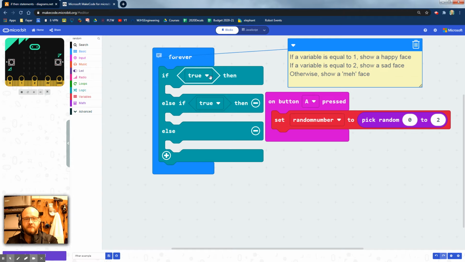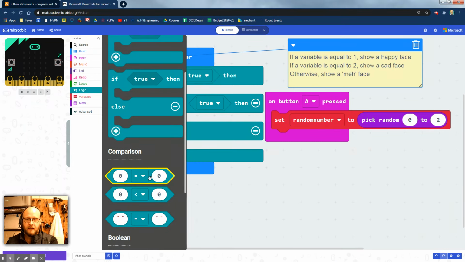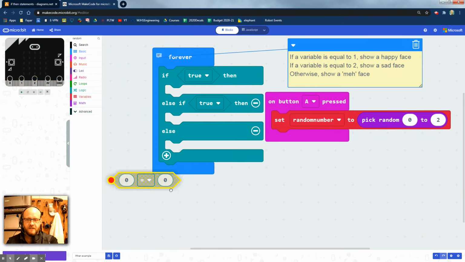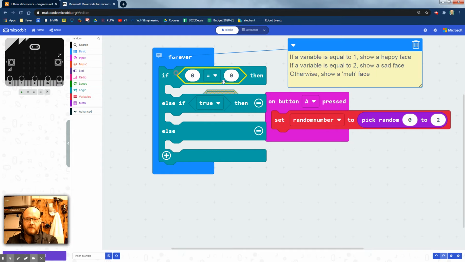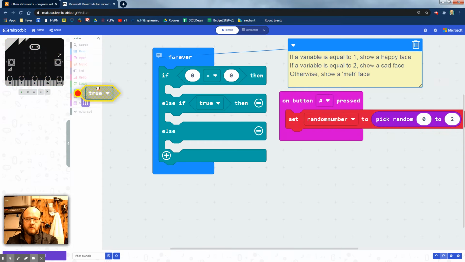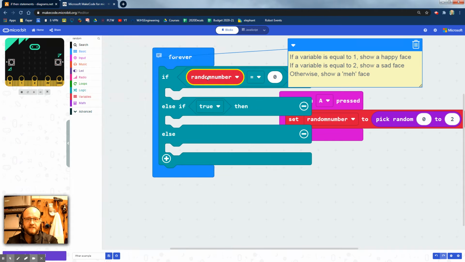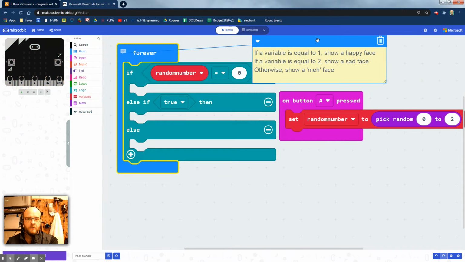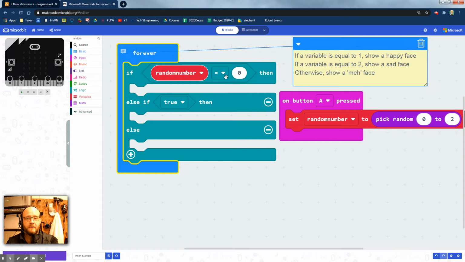So our first thing is we have to build our equal sign. What is our true statement? I'm going to go back to logic and pull out this. You'll notice it's a hexagon, and if I drop it in there, it will replace that. We want to compare our variable, throw that one away, our variable to that. So we'll grab our variable out, our random number. You notice it's an oval, so it fits in there. So if our random number is equal to, well, here we go, 1,